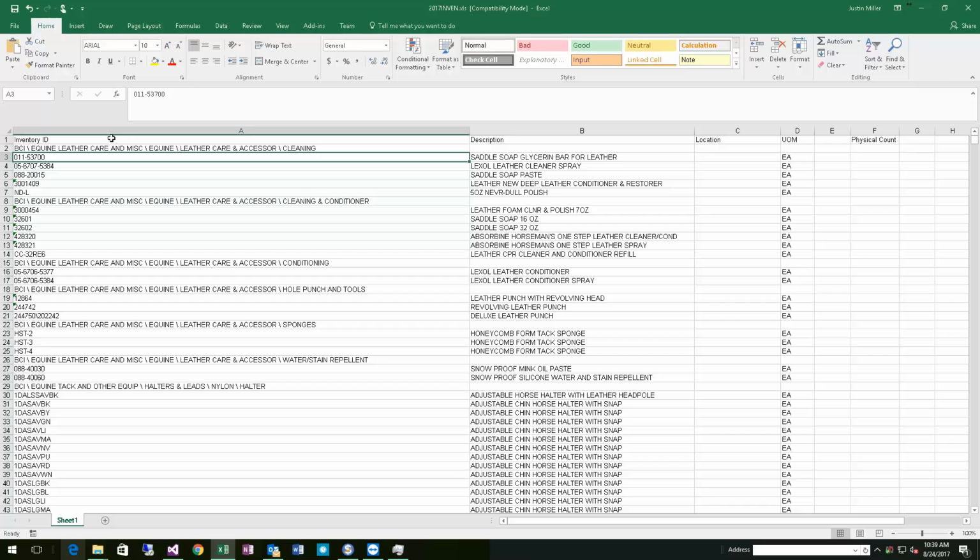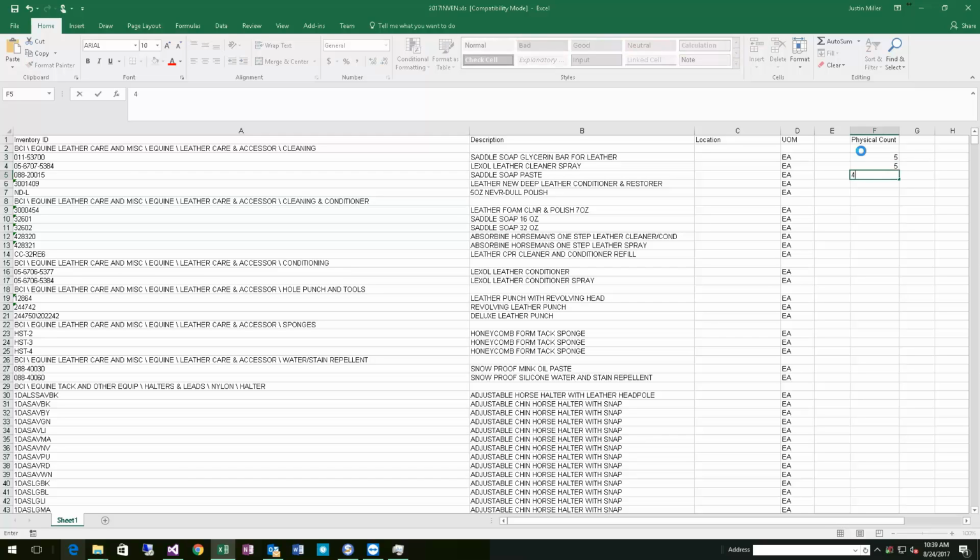So I've got my ID in one column, description, and physical counts. So you could use that report that you printed out for your employees and go through here and fill in, say, your physical counts. You know, whatever those might be. So you can fill in your counts here. Once you are done and you save this, there's a couple other steps to turn this over to a .csv